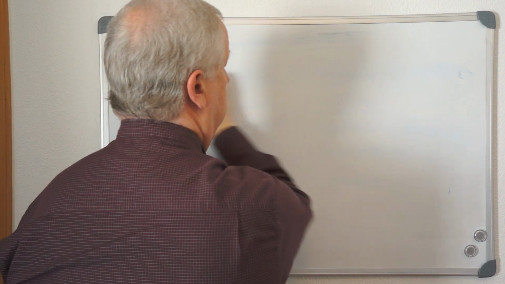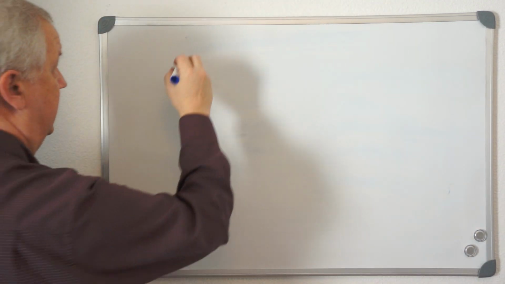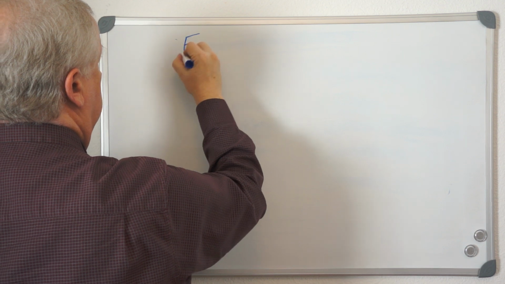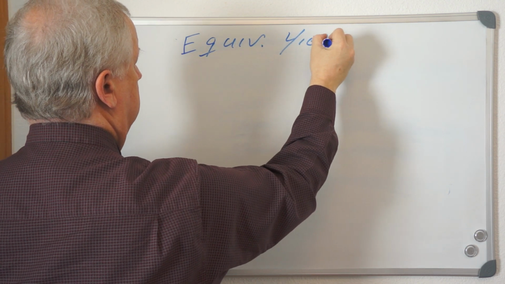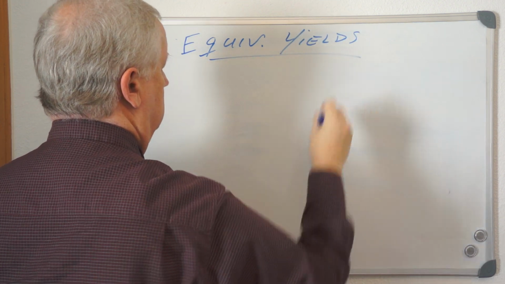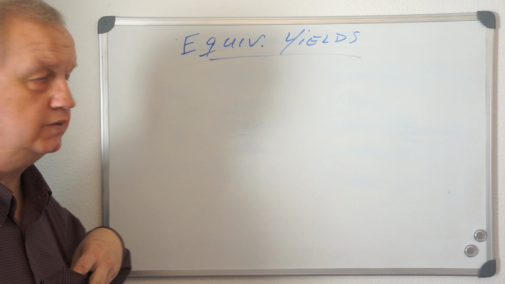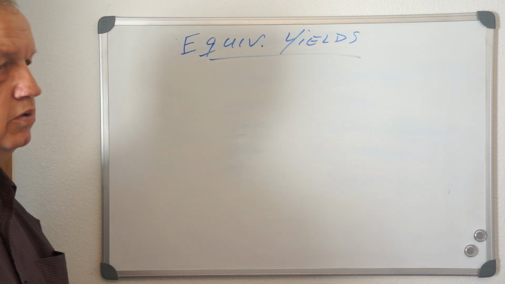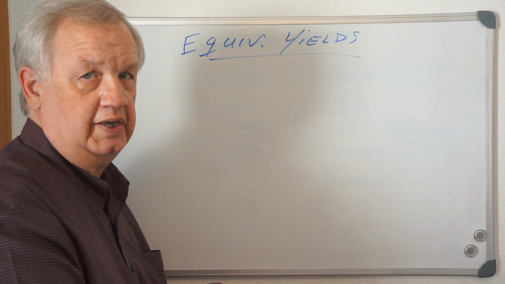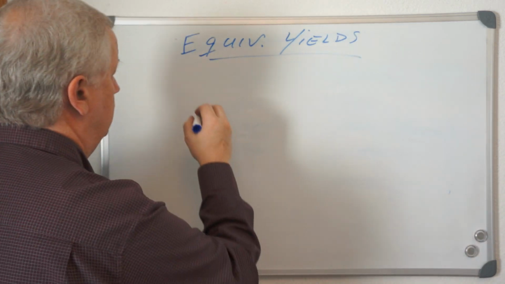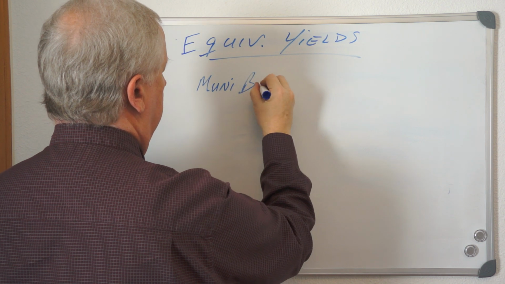let's talk about tax equivalent yield and tax-free equivalent. Let's just call it equivalent yields. What are we going to do with equivalent yields? Here's what we need to do. We need to know something comparable in the taxable market to the tax-free market. That's what we're doing. So we got a municipal government, muni bond,